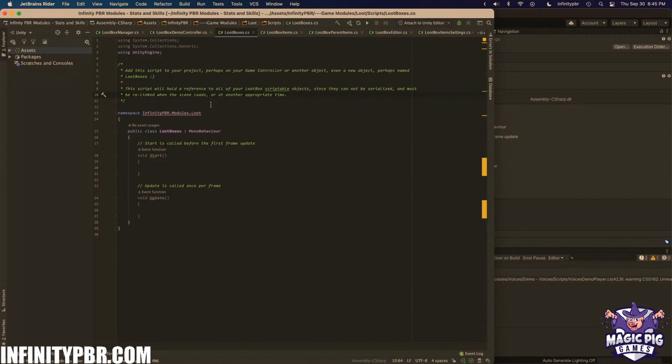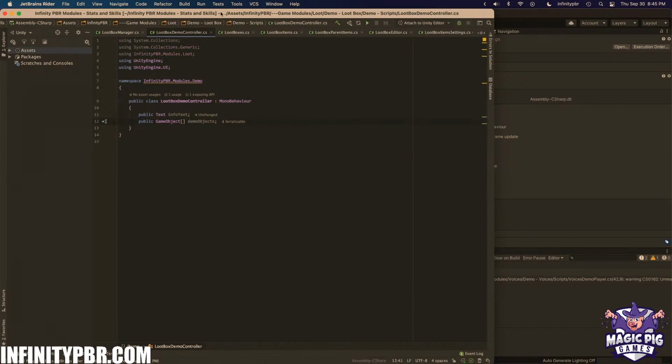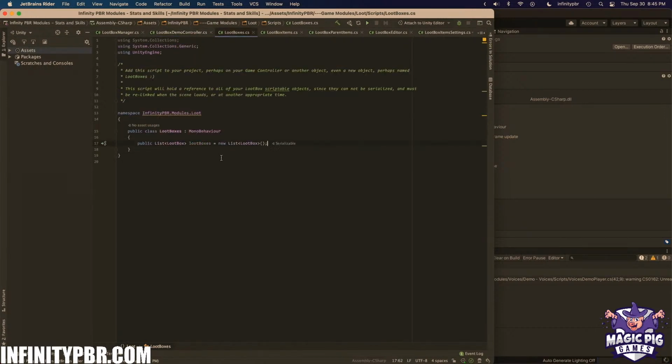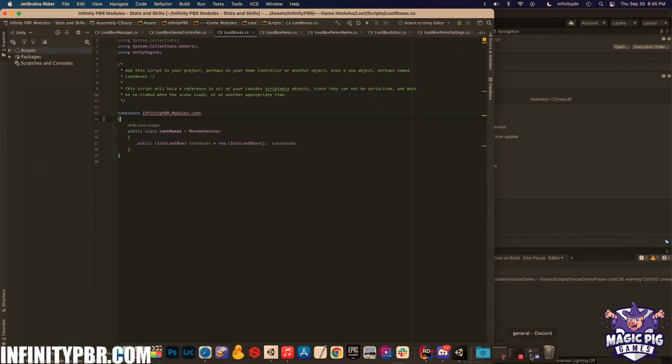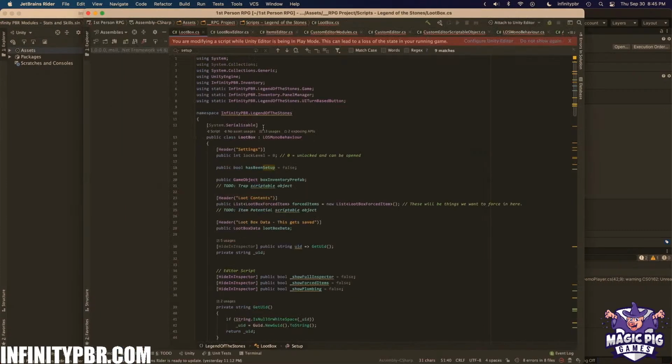All right. And then on this, we're going to have our list here. So we will take that, and then the controller will just be the controller, no big deal there. This will be our loot boxes, and we're going to do a static reference, as we've done in the past with other things, and I'm going to copy it because the code I always